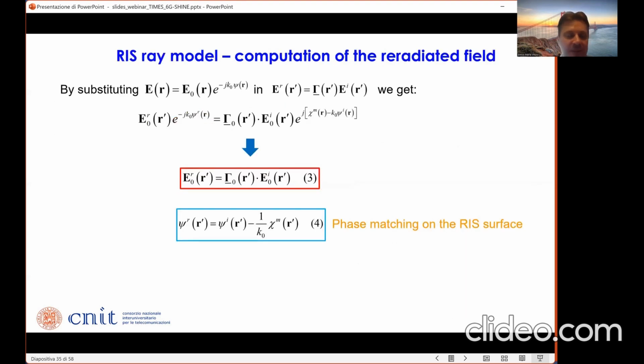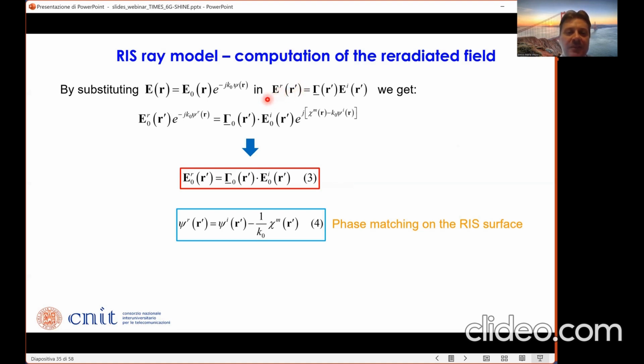Okay, after we have explained all the steps of the model, now I go a little bit more into the detail of the computation of the radiated field. First of all,